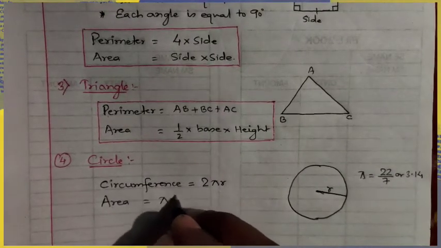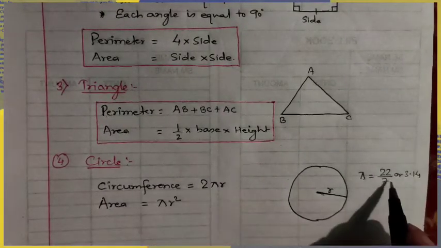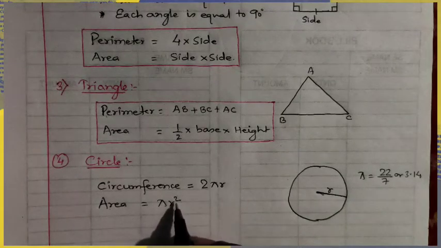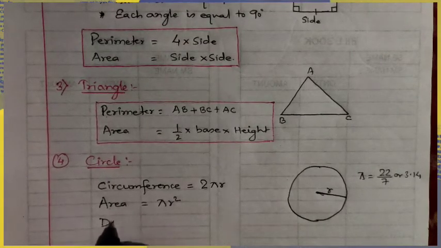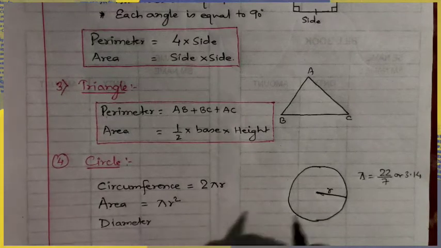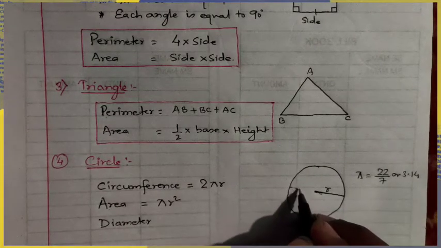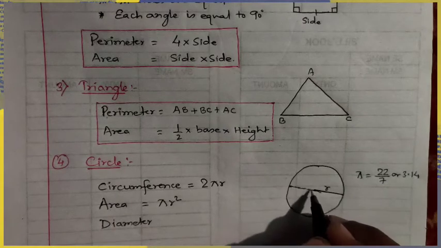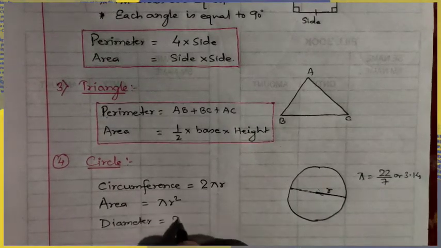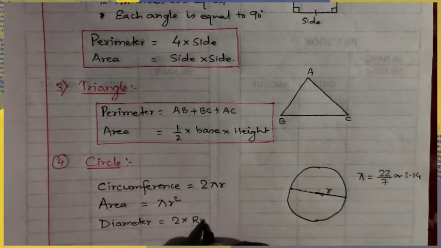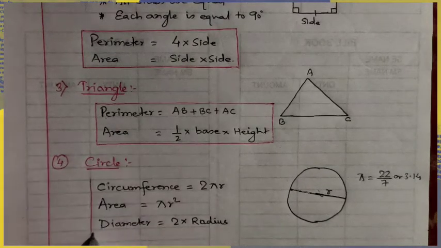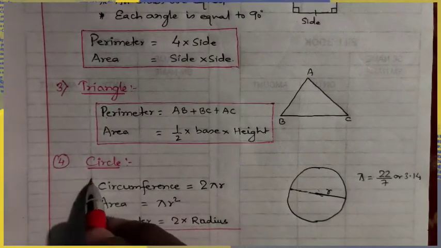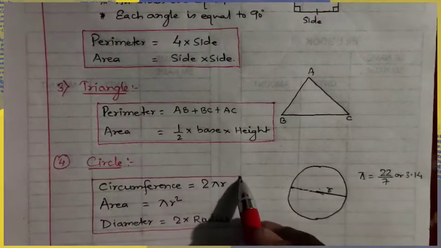Now the next formula is for area of circle. Area is pi r square. Here the value of pi is fixed, and r is the radius of the given circle, whatever radius is given to us. Now there is a formula for diameter also. Diameter is the line segment which is made by joining two straight radii making 180 degrees. It means we can say that the formula for diameter is 2 into radius, or we can say that radius is equal to diameter divided by 2. These are the three formulas which we will use for solving the problems related to the circle.